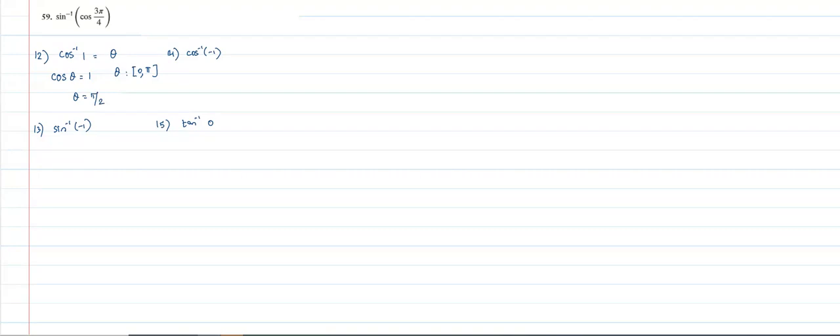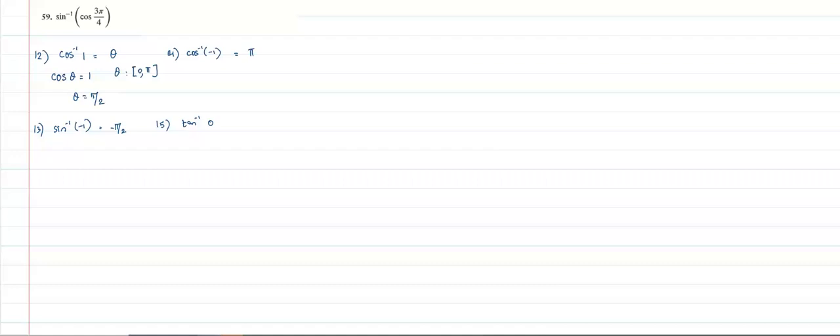Likewise, here you're going to ask the same question. In the interval 0 to pi, where is cosine -1? The answer will be pi. Okay? Sine inverse of -1. In the interval -pi/2 to +pi/2, where is sine -1? The answer is